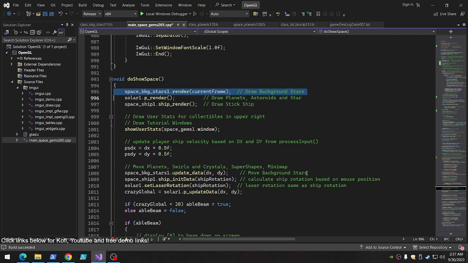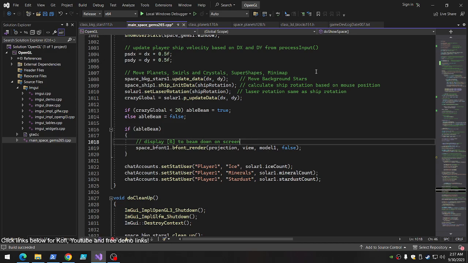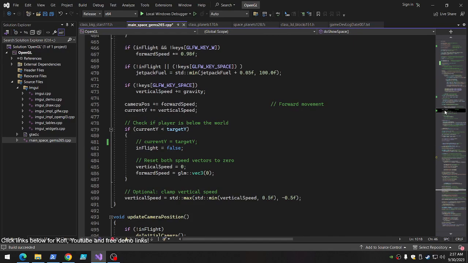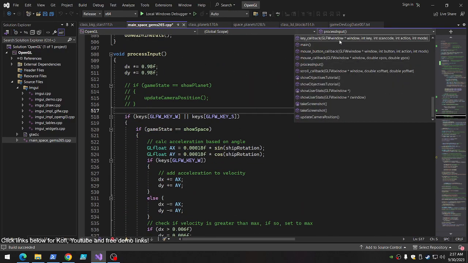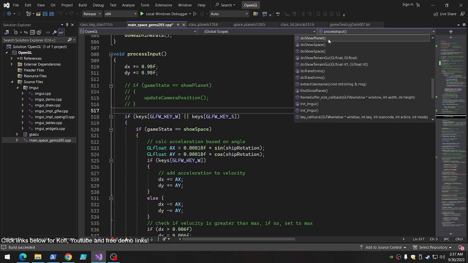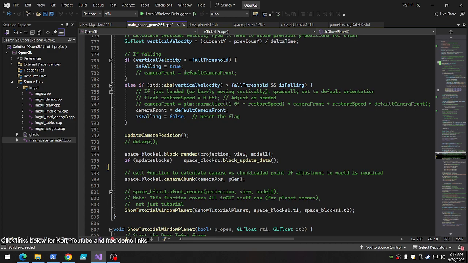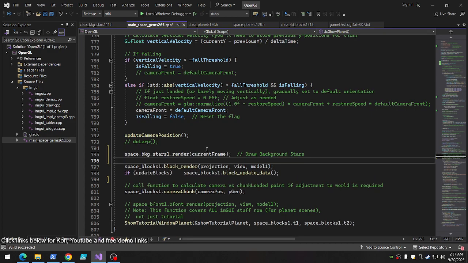And then update data, move the background stars. Okay, we gotta do that too. DXDY. I can remember that. Where's the do show? Where were we at? I'm so lost. So we want to show the background stars before we show, yeah. And then if update blocks,